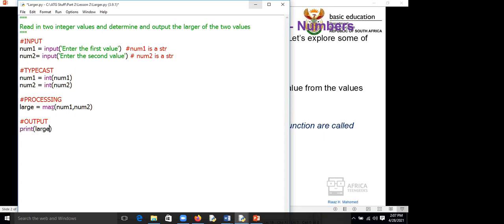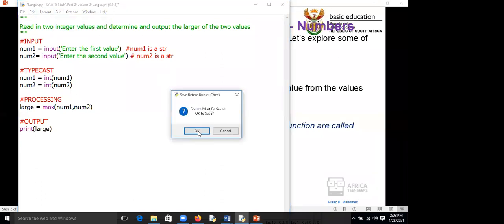So remember, what does max do? We are sending num1 and num2 to max. Max will determine which one is the largest value, and it will bring it back and store it in large. So when we display large, the value that is stored in large will be displayed. So if we run this,